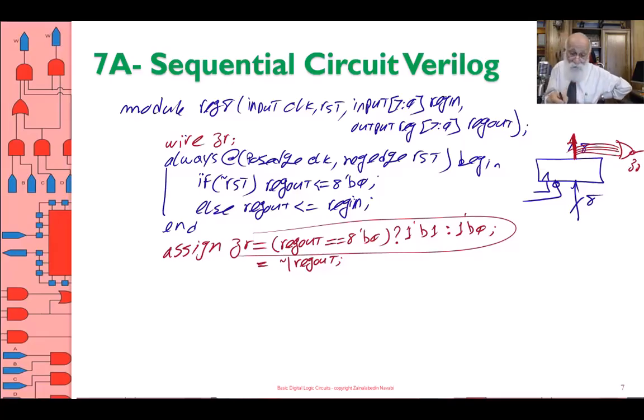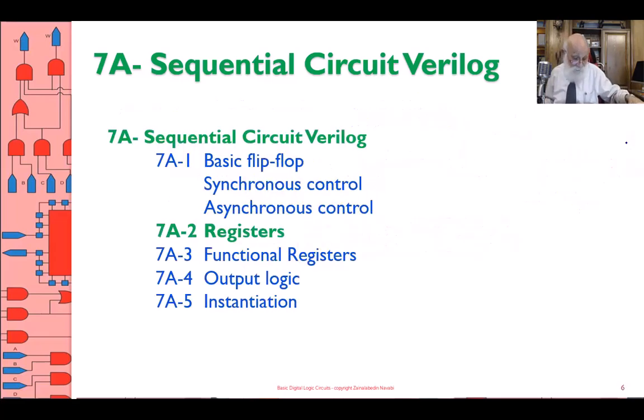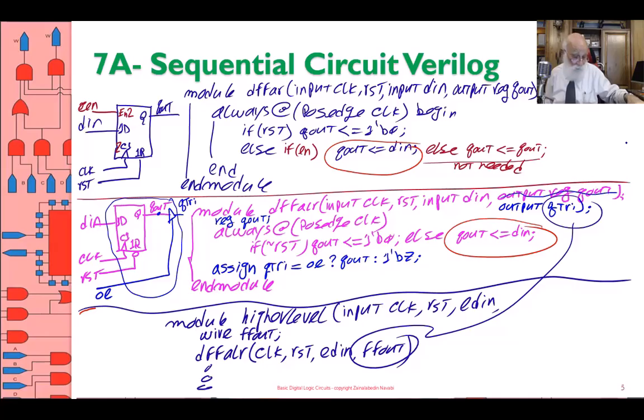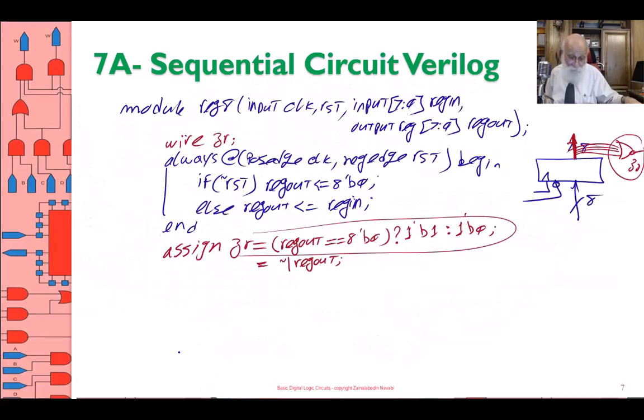This is not a register. This is a gate that ties to the register output. Okay, the same as this 3-state structure here. The nice blue color. This one ties to the output of the register,